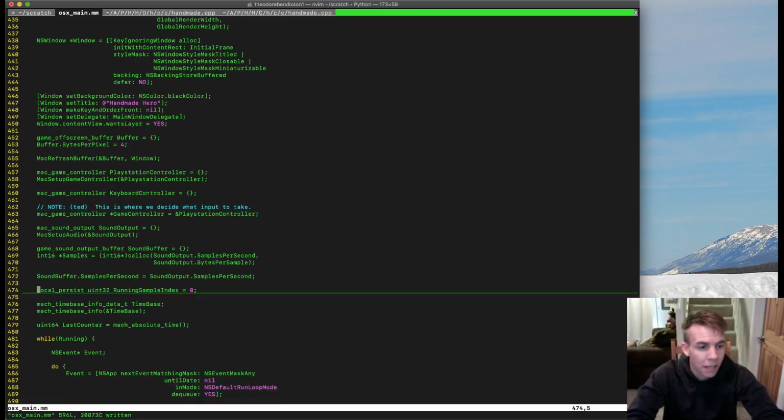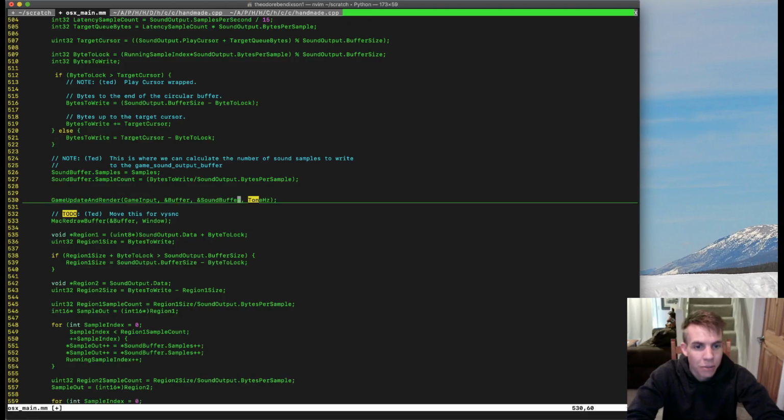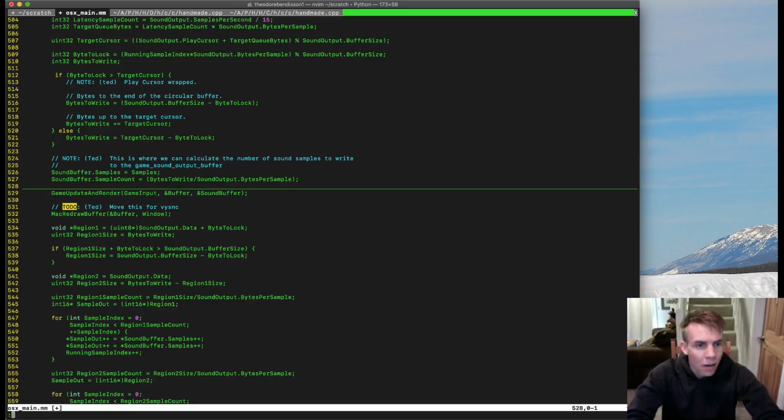That's not something that the platform layer really needs to consider or care about. So we're getting rid of offset Y, offset X, offset Y, sound. Okay, so we do want to pass a pointer to the sound buffer. We care about that. And then I'm going to get rid of this tone hertz. Okay, so we've got game update and render, and now this takes the game input. And